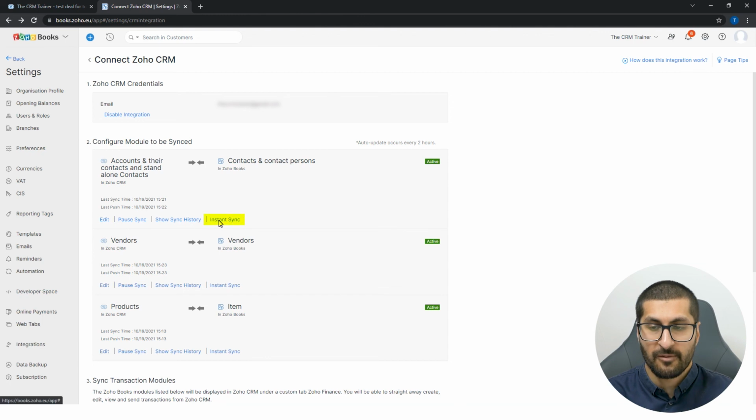Or we can do a forced sync, which is an instant sync. The instant sync allows you to manually run a sync in case you have created a record in the CRM and it hasn't appeared in Books yet. There is normally a 2-hour wait between new records created or edited in your CRM system and them appearing in your Zoho Books. So that's the end of this quick video showing you how to do basic Zoho CRM to